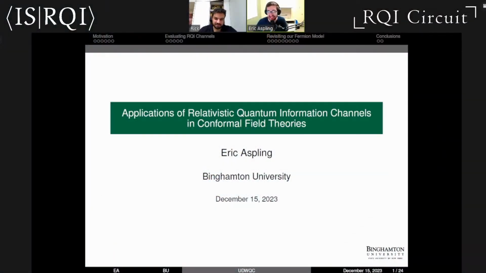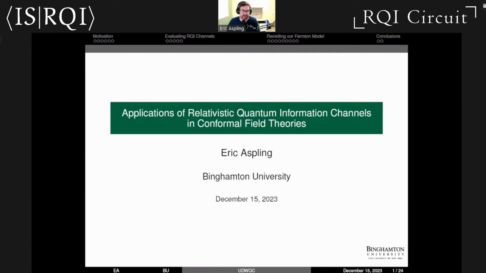We have been utilizing a lot of the work out of ISRQI. And I'm really excited to demonstrate what we've been doing with it and how we've been using it to connect these condensed matter systems, especially in the way that you guys might be familiar with these UDW detectors. So in essence, I wanted to show you that, and the way I wanted to show you that is that